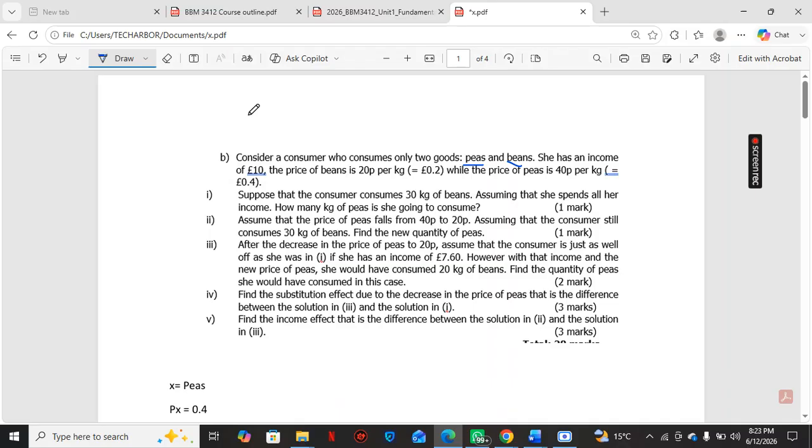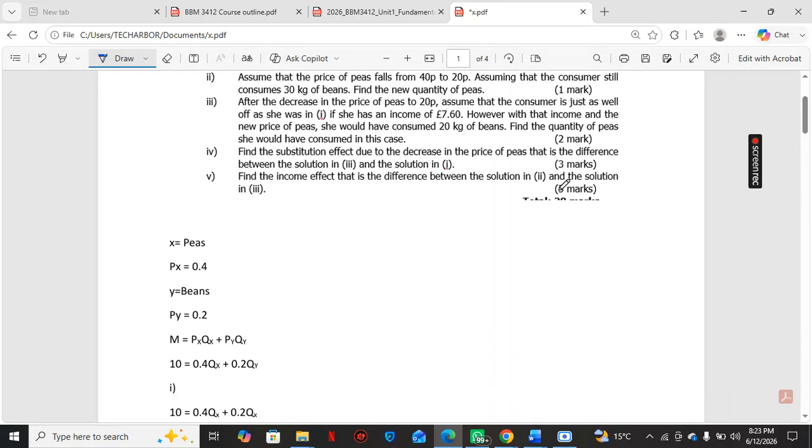So what happens here in economics, you're given a situation where you can buy two types of goods. These are beans and peas. Peas we'll label as X, beans we're going to label as Y. This is the quantity of peas and the quantity of beans, X and Y. So the budget constraint equation is this. Let me write it first in simple English. It's your income